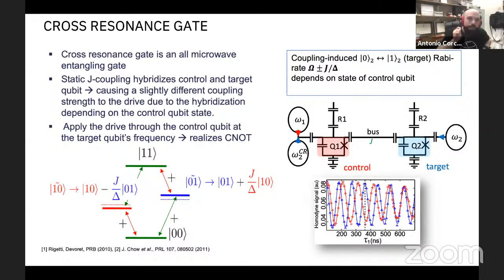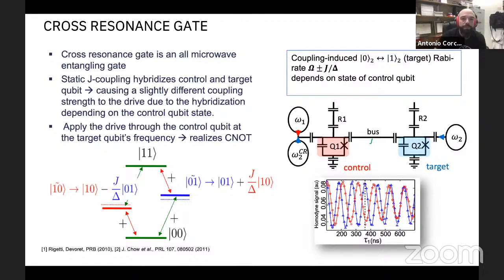Let's say, like in this case, we are just applying a cross-resonance tone to the qubits, and that tone is going to trigger the interaction to start. Before that, the interaction is very weak, but as you increase the amplitude of that tone, you also increase the interaction between the qubits, and that creates entanglement. The reason that happens is because we are coupling the qubits with a bus that provides a J factor, which is an